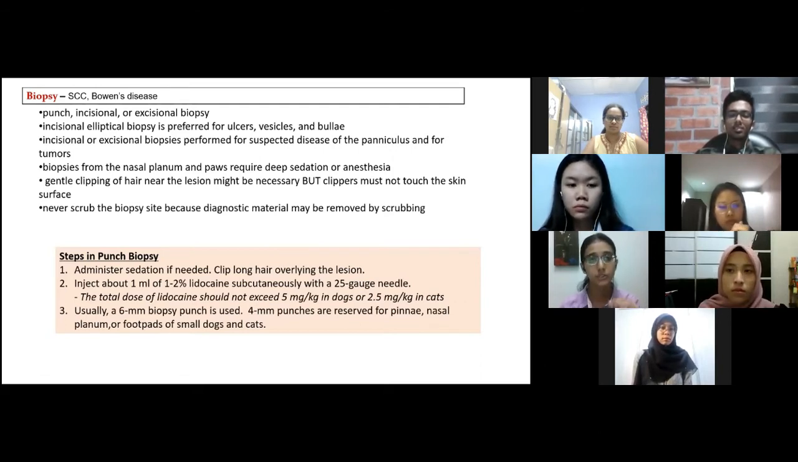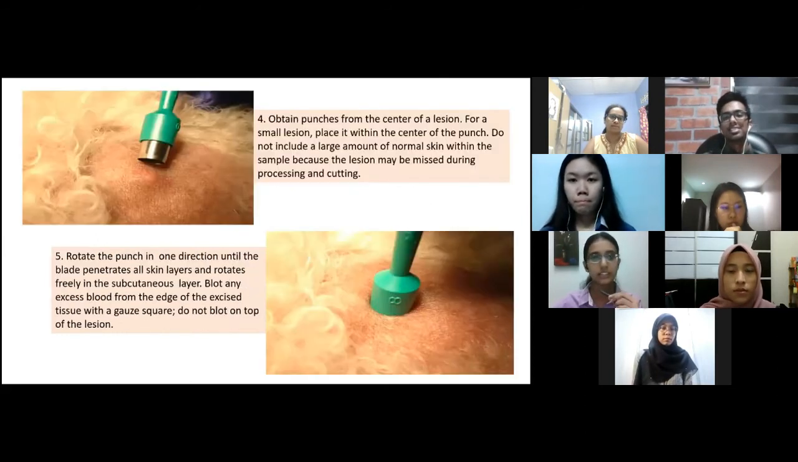Usually we use a 6 millimeter biopsy punch, but in this case, since it is near the nasal planum, which has very thin skin, we will be using a 4 millimeter punch. Next. Okay, after that, once you take the punch, you need to place it in the center